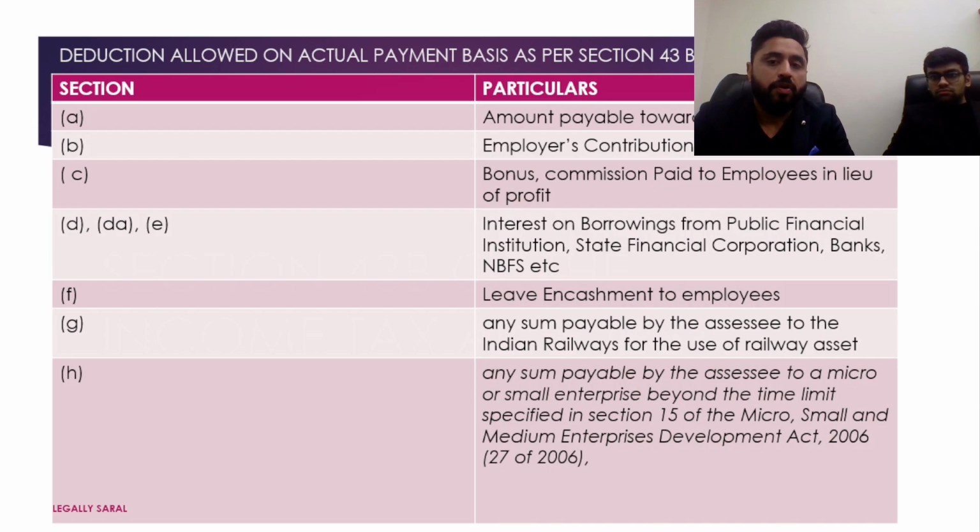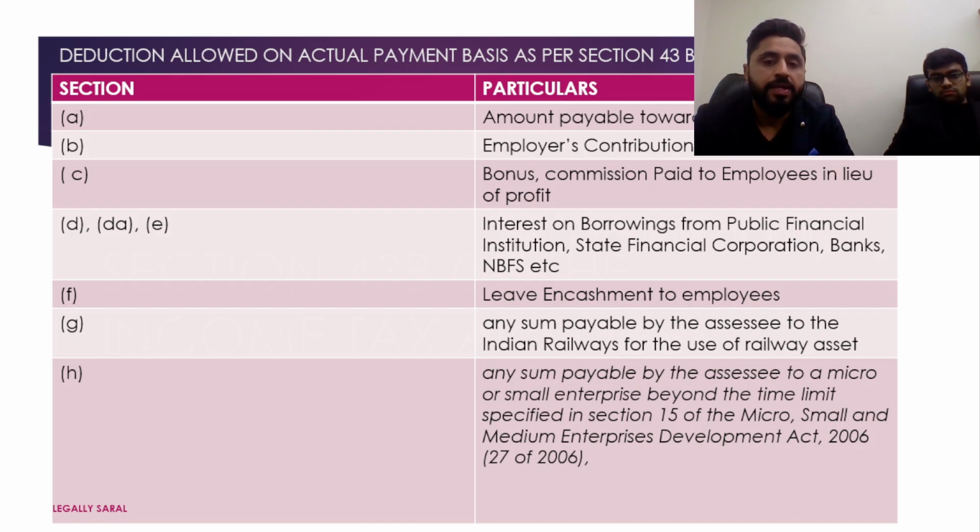So, going forward, section 43B subclause H is in relation to the payment to the MSME enterprises. First I want to just highlight the sub-clauses of 43B, A to G. A is related to the payment of tax, duty or cess. That means that if you have not paid your GST or your EPF, ESI, in that case you will be liable to pay the income tax on the amount which you have not paid, because this section specifically states that there are certain deductions which will be allowed on actual payment basis, irrespective of the method of accounting you are following.